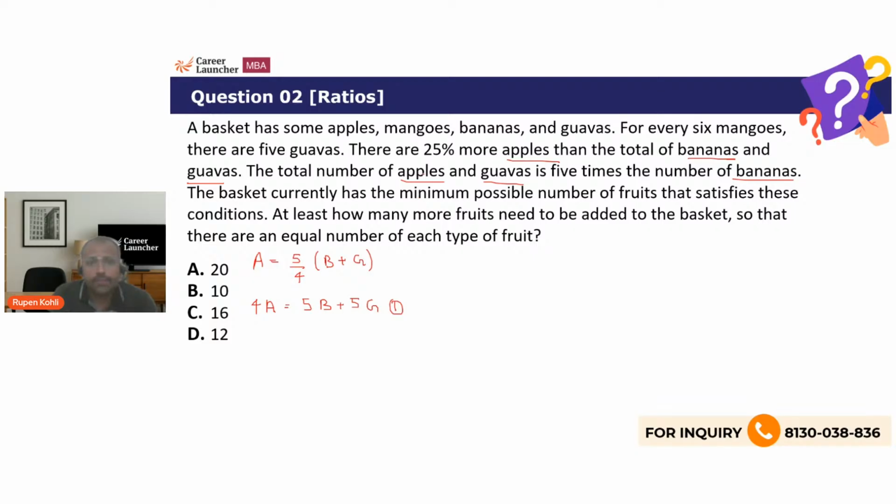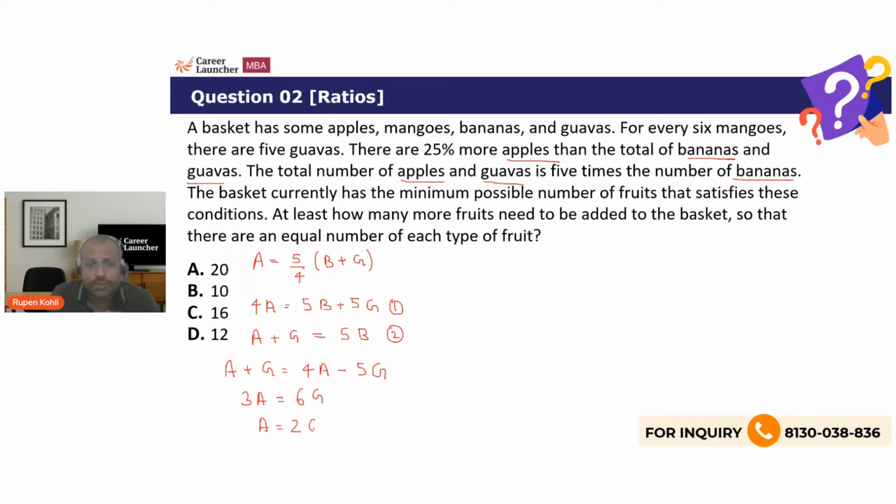Then the total number of apples and guavas is, so second equation is apples plus guavas, which is given to be simply equal to 5 times of the number of bananas. Second equation. I can see 5b here, 5b here. So I can equate the value of 5b, can I say? So a plus g equals 5b, and from the first equation 5b also equals 4a minus 5g. So finally, I have got a direct relation between two variables a and g. So that will give me the ratio between these, right? So I'm getting 4a minus a, or 3a equals 5g plus g, 6g, or simply a is twice g.